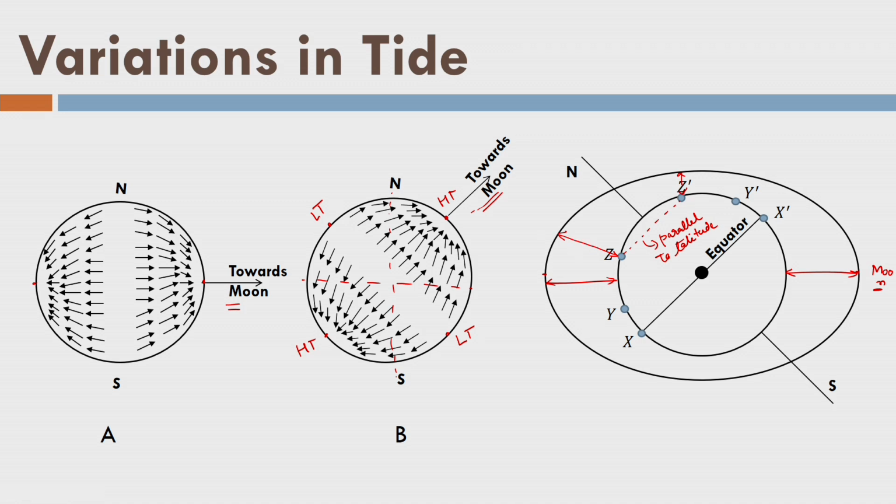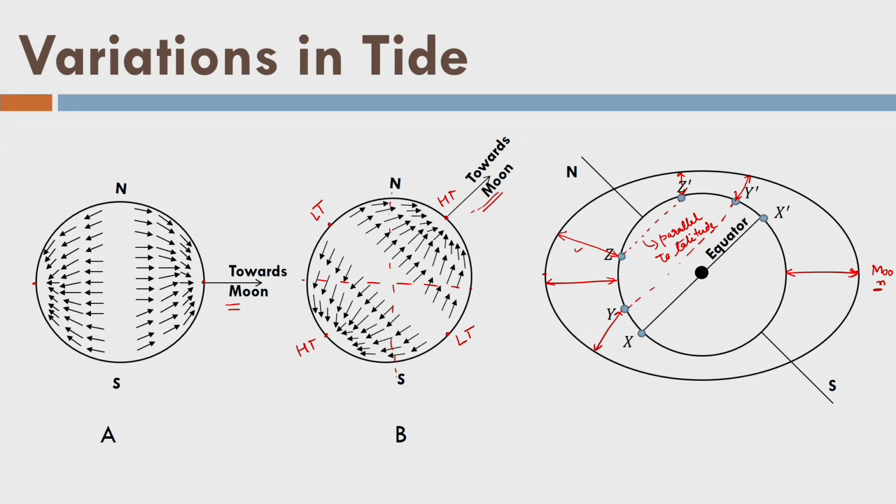Okay, fine. Now you can understand why we have different tides within a day also. Because as points are away from the equator and the moon is not located at the equator, it will create different tide levels at the same parallel of latitude. Similarly, if you look at the Y position here, which is again on the same parallel of latitude, this is the tide level and this is the tide level, right. So we know that Y and Y dash will both have high tide in a day, but at the same time between high tide and low tide they will have different tide levels.